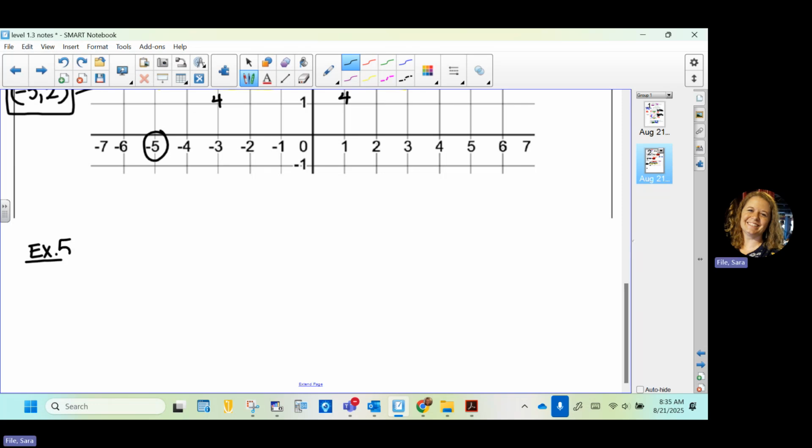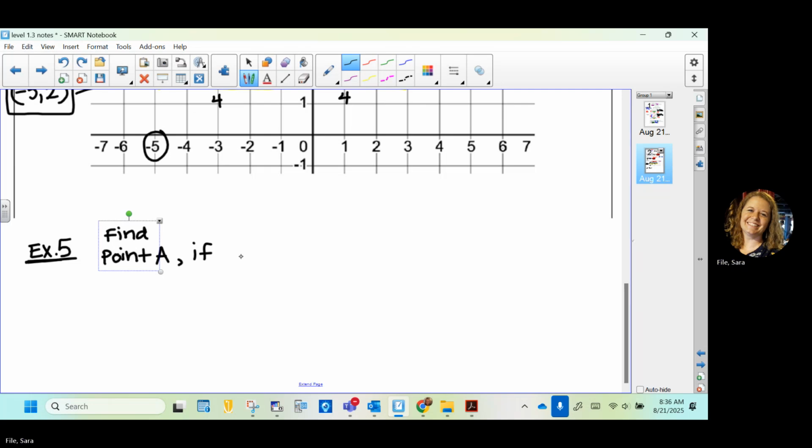Would this be 5? Example 5. Okay, point A is what we want to find, just like this last one. So find point A